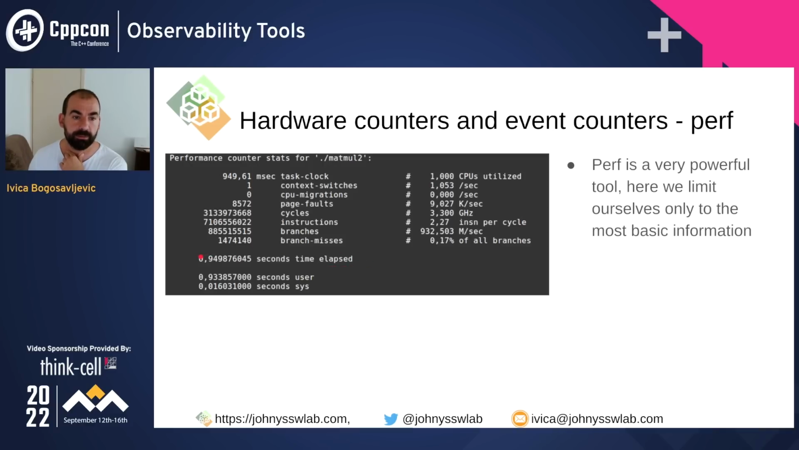This is 0.94 seconds. And here you will see that the program spent 0.93 seconds in user mode and 0.016 in system mode. User mode is what your program was doing, and system mode is how much time the operating system spent doing work for your program. This is really important, and related to the previous talk about strace, we see here that the program doesn't spend a lot of time in system mode, so it's probably not a good idea to